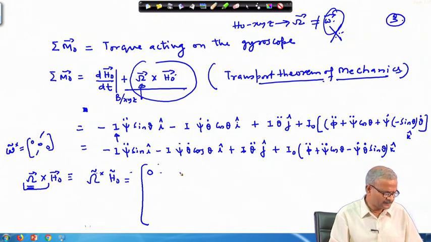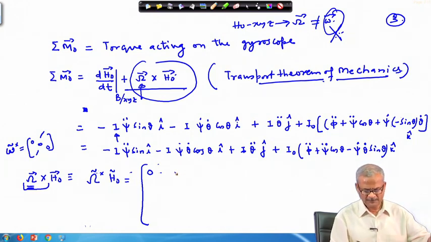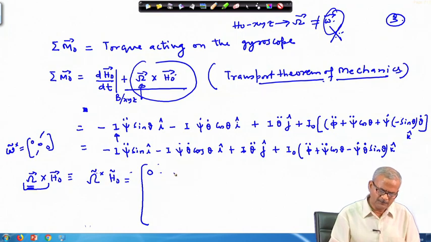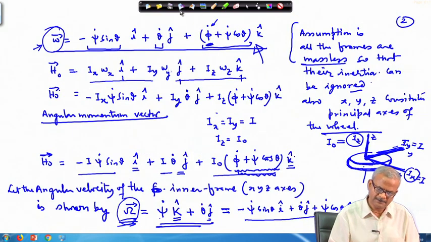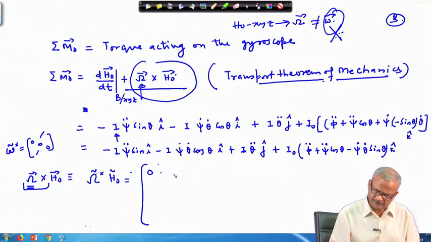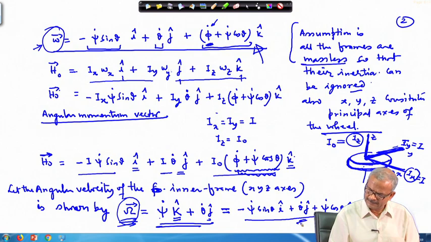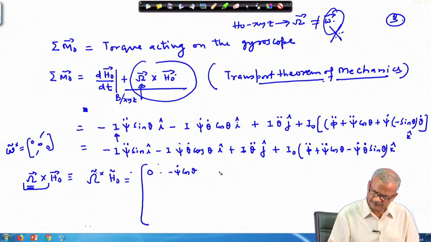So, here minus omega 3, the third component of the capital omega should appear. So, that third component of capital omega, we go back here and look into this place. So, third component is this one, psi dot cos theta. So, here it will come with minus psi dot cos theta, and then the second component will appear, second component is theta dot. So, here it goes with theta dot, and this part then it will come with plus sign psi dot cos theta.